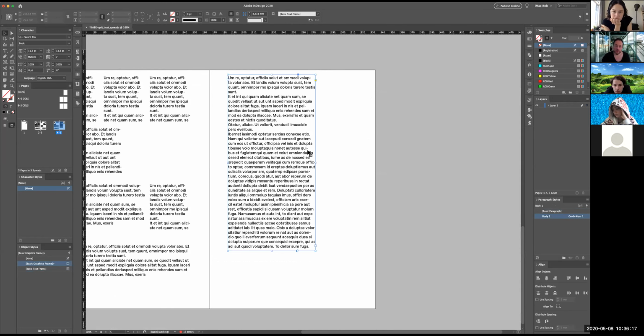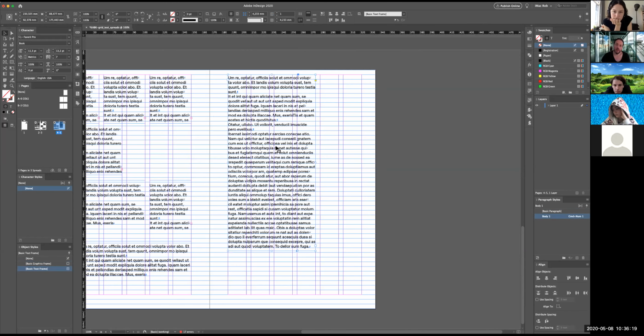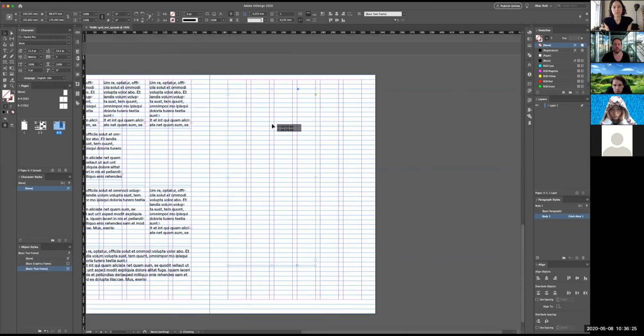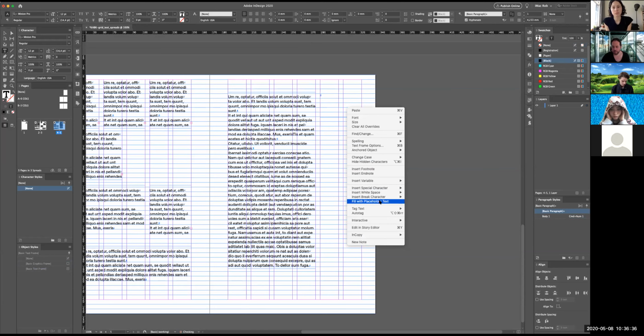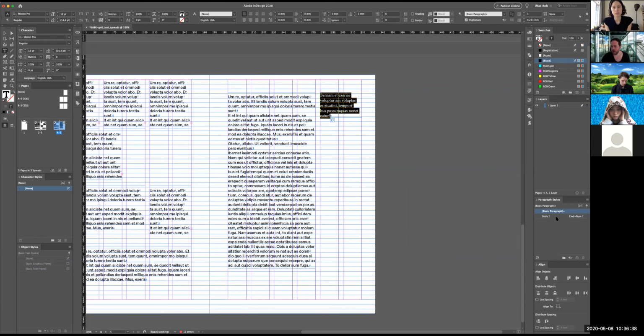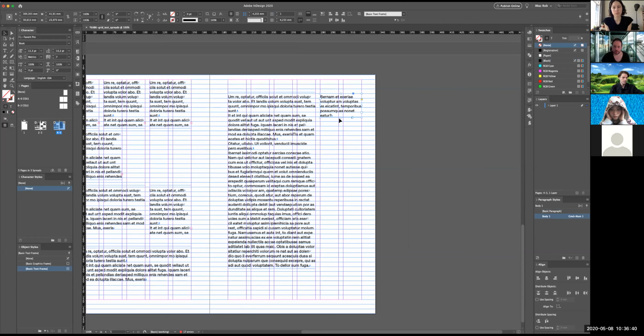So what you want is for the smaller text or the bigger text to click back to the grid every couple of lines. So let's say I will just add some blah blah, body 1, and